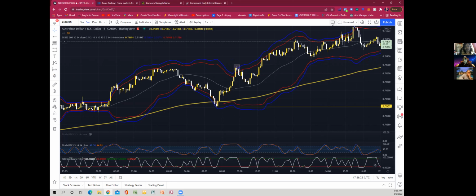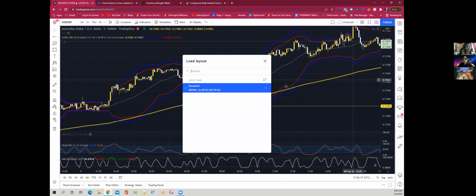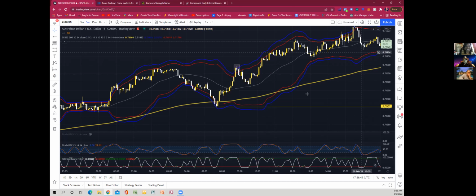So Demi, do you see where it says new charts and load old charts? If you want to switch from this chart to something else you're doing, maybe you have an indices thing going on, you could just load that chart. And then if you want to come back, you can load this chart. So like on this one, with the crystal setup for me, I just call it crystal binary. So if I need to use it, it's there. If I need to switch to another one, I could switch to another one.